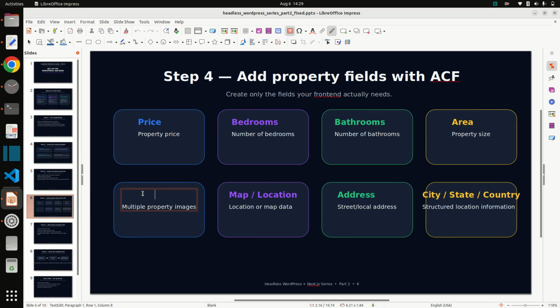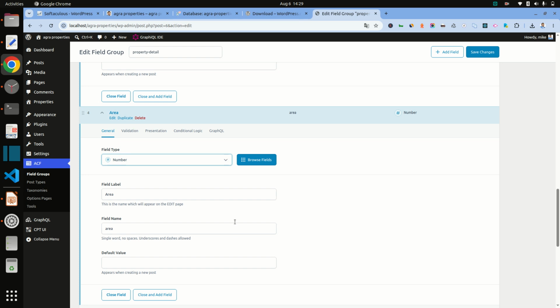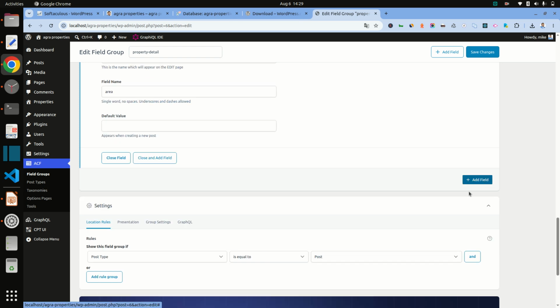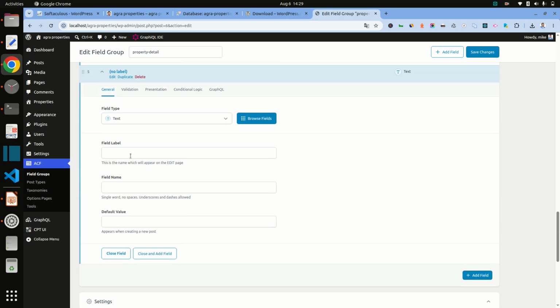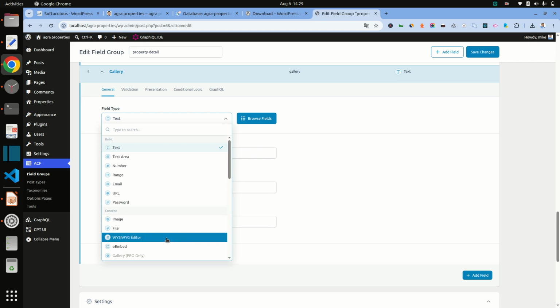Gallery. So for gallery we can select image, and if we want gallery type, then we should purchase Pro ACF.